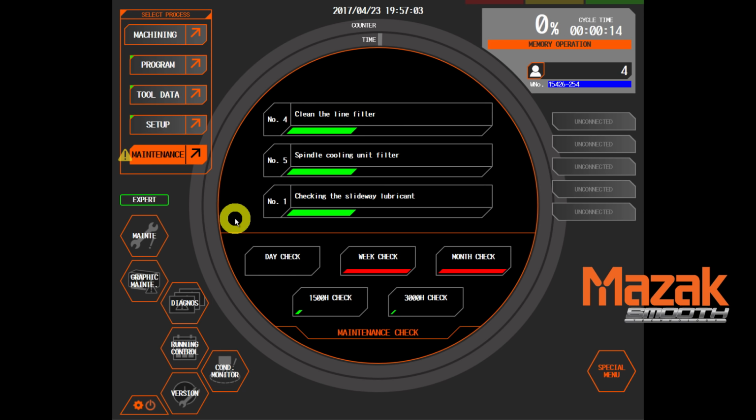This is nice for your operators or maintenance personnel if they want to do a fast overall check of daily, weekly, monthly, 1,500 hour, 3,000 hour checks. You can see here it also looks at some other high flyers to see if they need to be looked at. We can tell the day check's been completed. There is no red, nothing